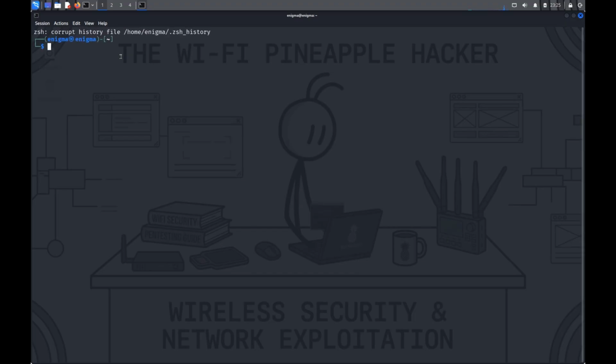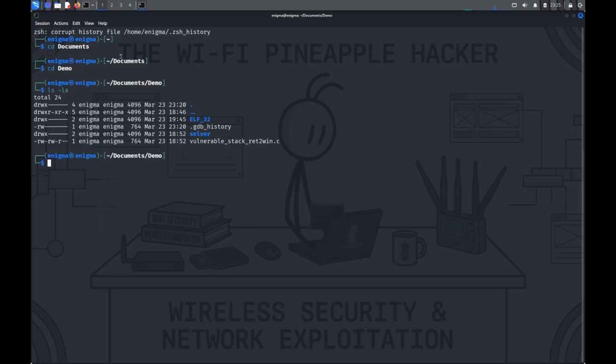So here we're firstly going to navigate to our folder. What we have here is the directory ELF32 with the compiled binary. We're dealing with 32-bit binaries, 4-byte addresses. A solver script that we'll see at the end, and the file that we're going to be interested in,